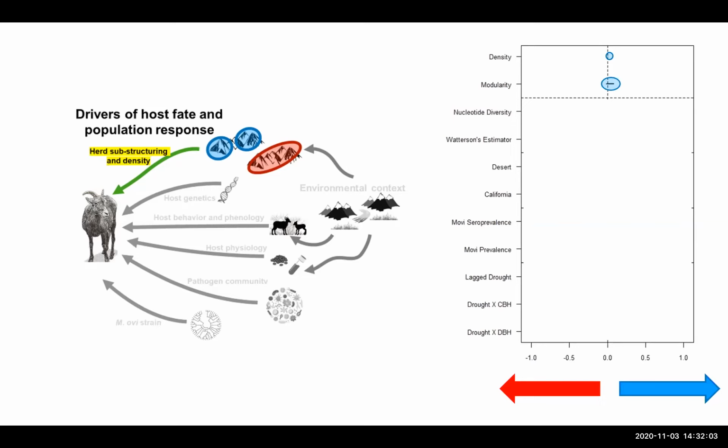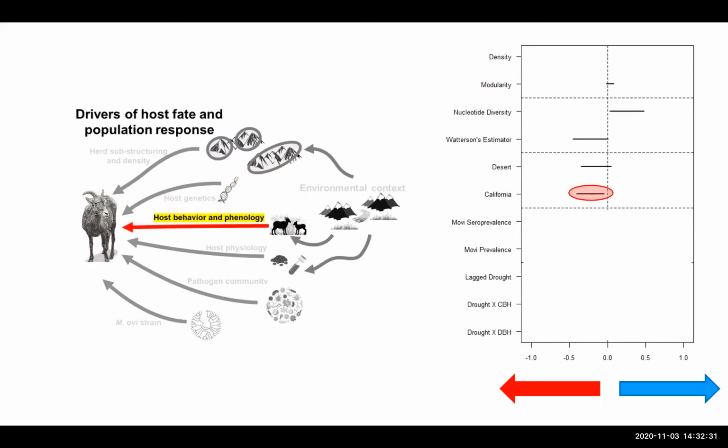For our genetic diversity, or host genetics, we had opposite effects that we weren't really expecting. At this point, we're still trying to better understand what these metrics mean for the population. We're also wanting to consider these for pre and post die-off metrics, if there's a difference there, as well as considering some other alternative metrics. So at this time, we're not really sure what to make of this, but we're going to do some more digging here in the future.